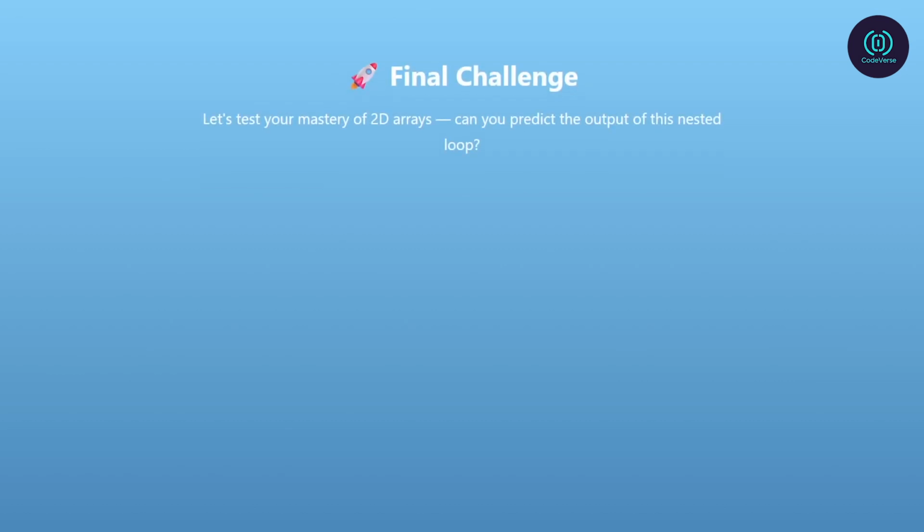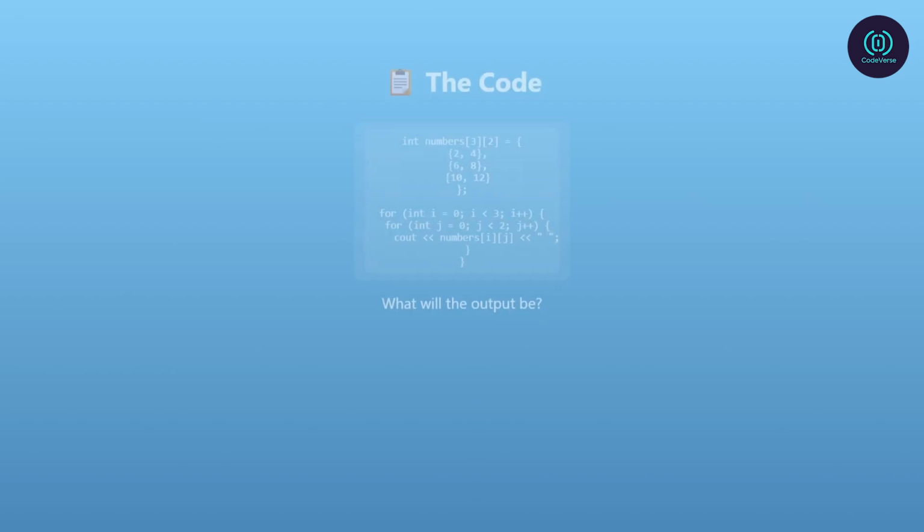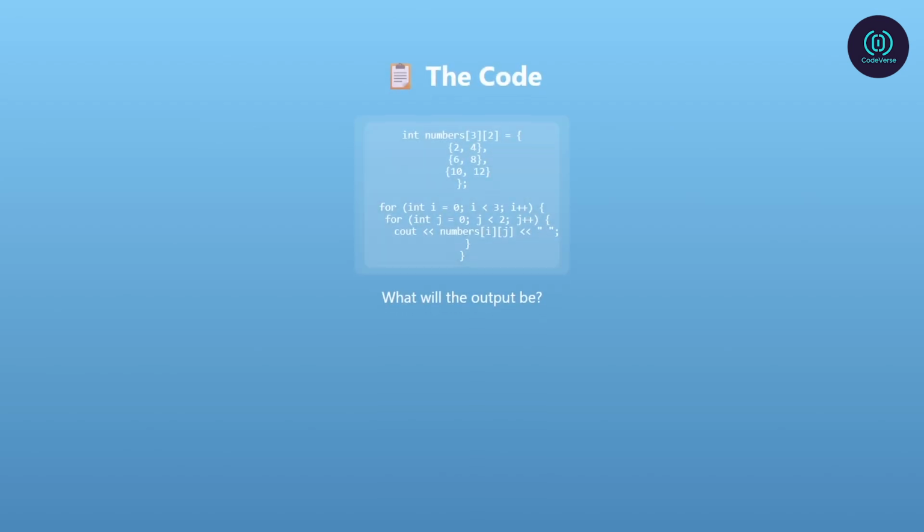Let's wrap things up with a final challenge, no multiple choice this time. Just you, your brain, and the logic of 2D arrays. Here's the task: you have a 3 by 2 matrix declared like this: int numbers[3][2] = {{2, 4}, {6, 8}, {10, 12}}. Now imagine this loop: for (int i = 0; i < 3; i++),